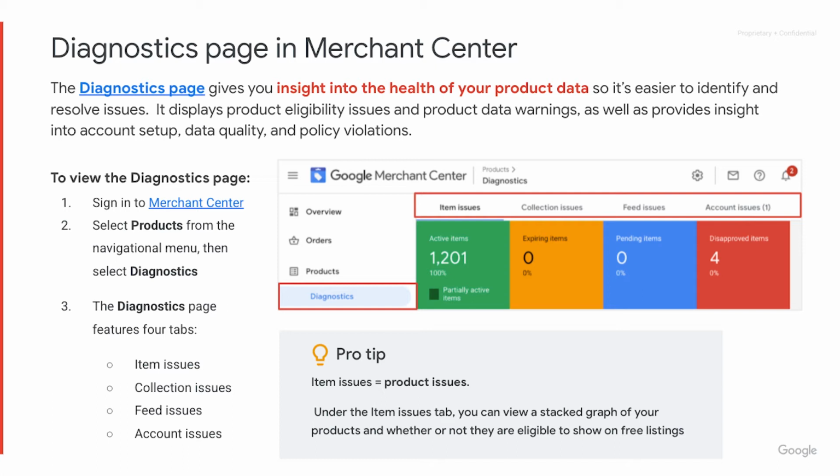The other tab that I would like to highlight is account issues. In this tab, you will find problems with your account setup or policy violations. If you happen to have any of those problems, you will see the number of these issues in the brackets next to the tab title.